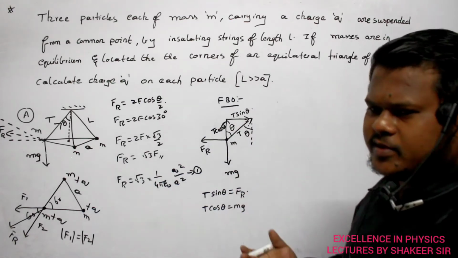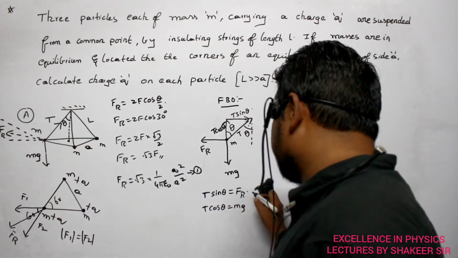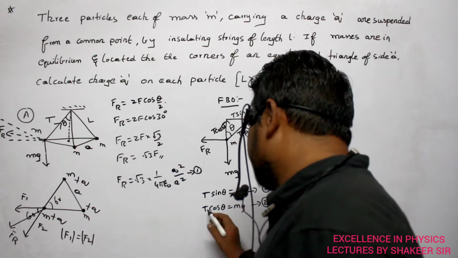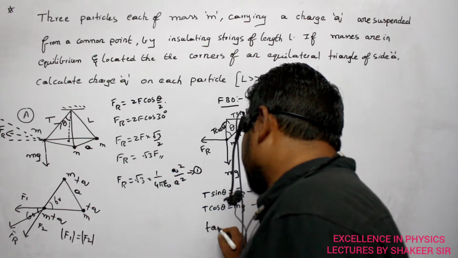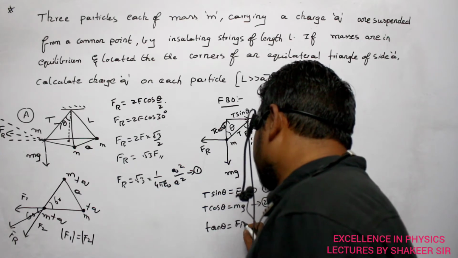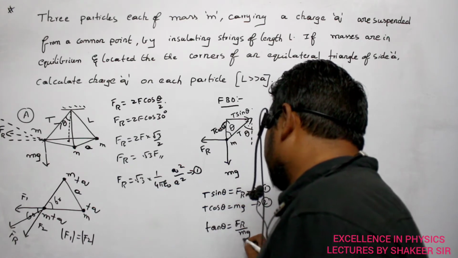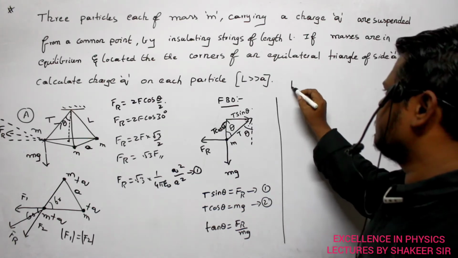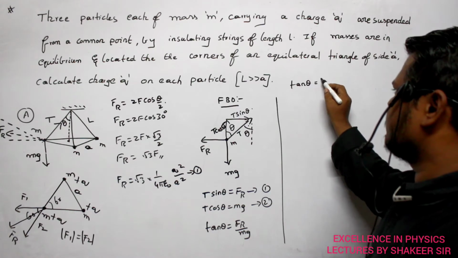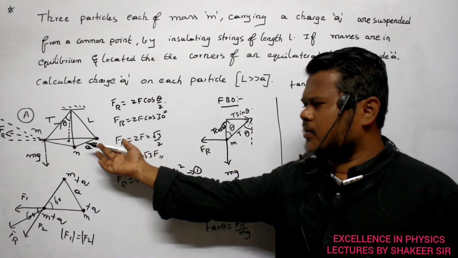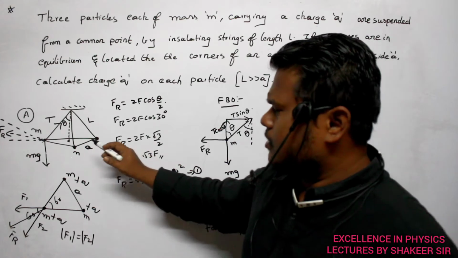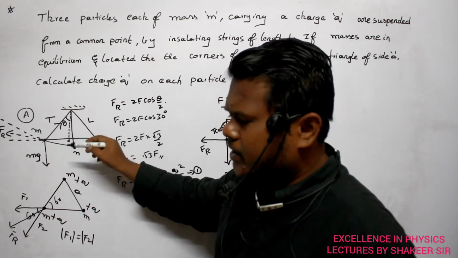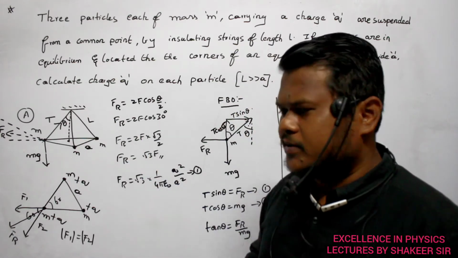What is the tension in the string? I don't know. So let us divide both of them. This is our equation number 1 and this is our equation number 2. If I divide them, T and T get cancelled now. So I will get tan theta is equal to restoring force divided by mg. Clear? So now the question is, how can I find out tan theta? How can I calculate tan theta? Because theta value I don't know. What is this theta? Theta is the angle made by the tension with respect to the vertical line. So how can I calculate that theta?